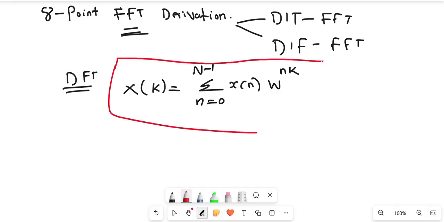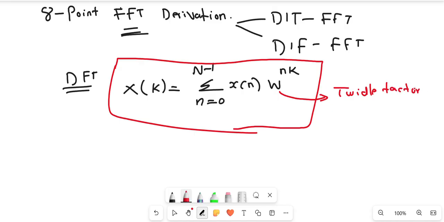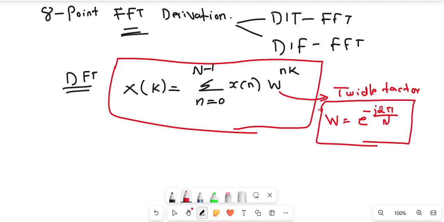In this DFT equation, last session we discussed what W is, the twiddle factor. Because of the symmetry of the twiddle factor W power kn, W is equal to e power minus j 2 pi by N. So this is the twiddle factor, e power minus j 2 pi by N. Because of the circular symmetry,